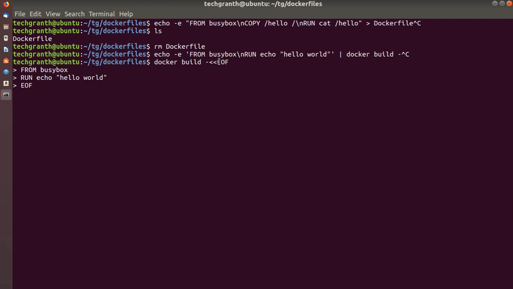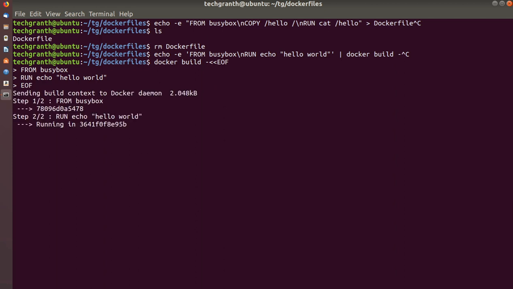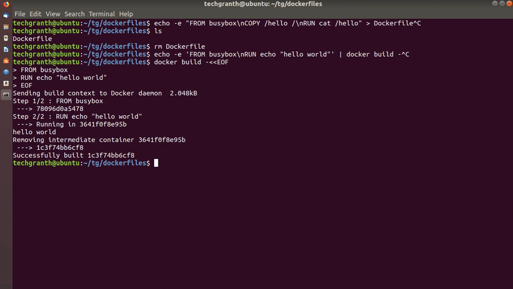So what EOF means: between these two EOF will be the content which will be provided to the docker build command, as it was doing by pipe and this hyphen option. Here it will be done by these options. Then if we press enter, it will directly build an image for us.